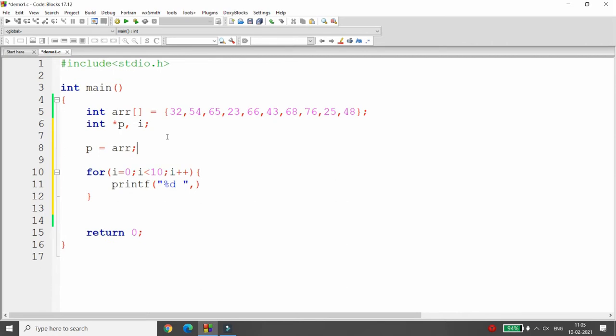So ARR is returning me simply the address of the first element, that is 32. So my pointer is pointing to the first element, that is 32. Now I am just simply printing %d and %d. So if I am printing P and *P, then what happened? It will print the address of the first element, that is the address of 32, and *P will print the